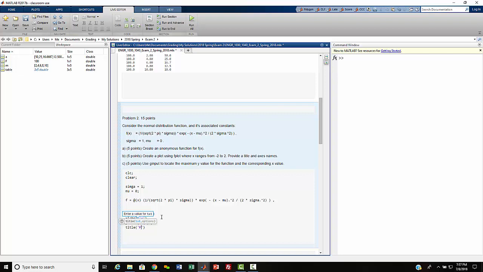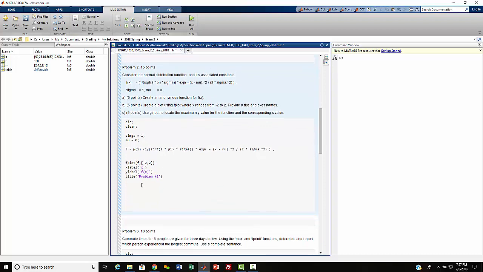This is problem number 2. Okay, and there's our plot. Okay, so and then part C is to use ginput to locate the maximum Y value of the function and the corresponding X value. So